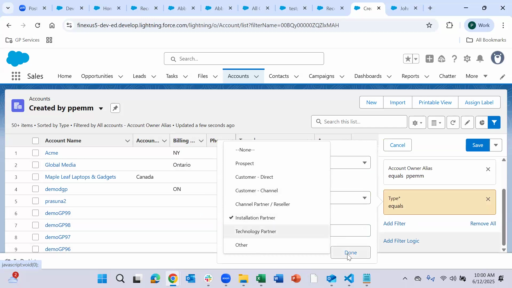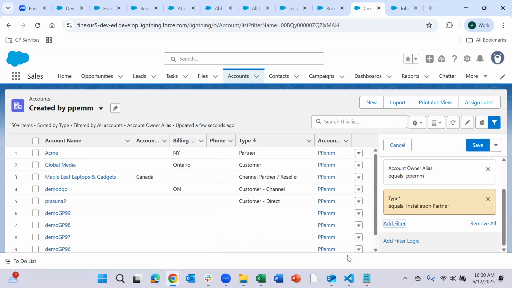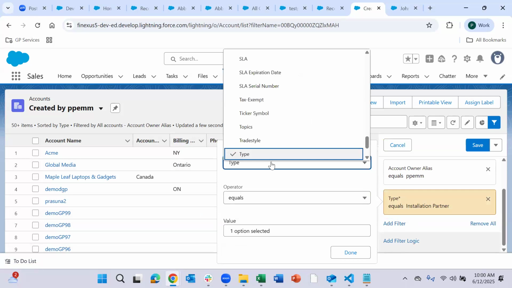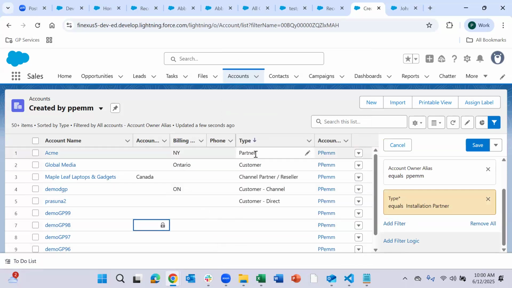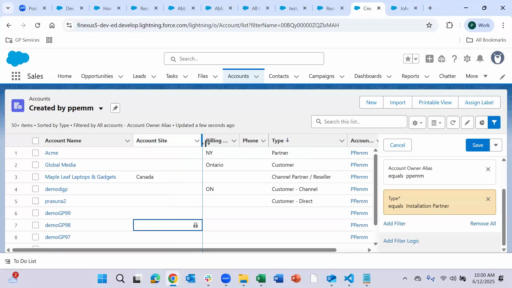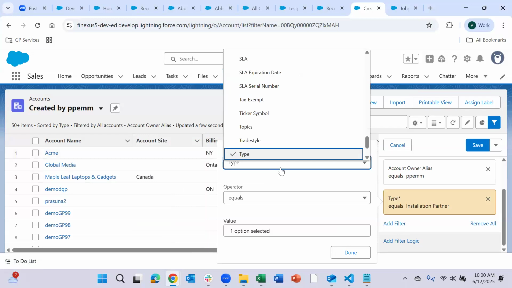Let me give this as an installation partner and see. Or let me choose billing also, it is different. I'll explain why: there are cases where the display name could be different and the option name can be different at the backend. That we'll see, or else we'll choose account site.